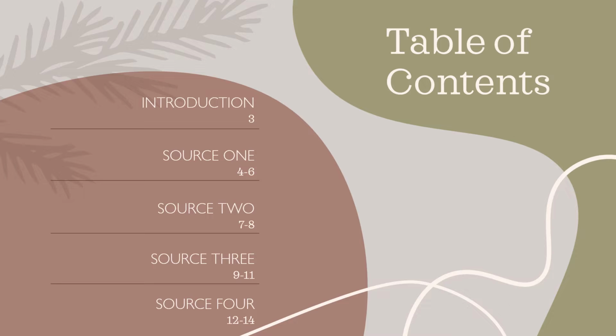Before we get started with the actual content of the presentation, I wanted to look at the outline of what I plan to present. I'm going to start with the introduction and then move on to sources 1, 2, 3, and 4. For reference, at the bottom of each source page, I will have the authors so that you will know where all quotations on that source come from, and you can reference those on my actual works cited and source page at the end of the presentation.